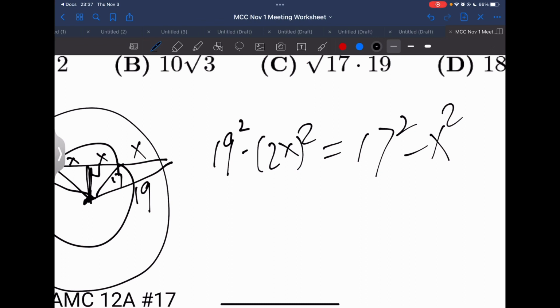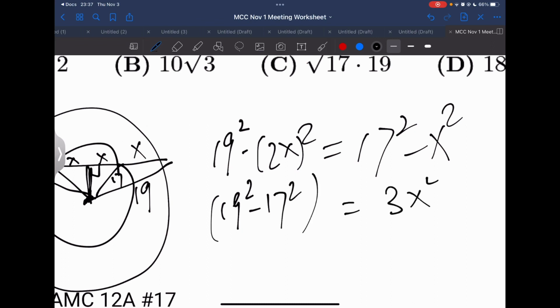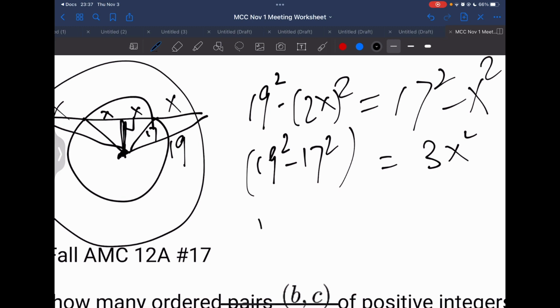So there's an easier way to solve it without a calculator. You can simply move the constant number to one side and the x variable to one side, which gives us 19 squared minus 17 squared equals 3x squared. And because of the formula that a squared minus b squared should be equal to a plus b times a minus b,